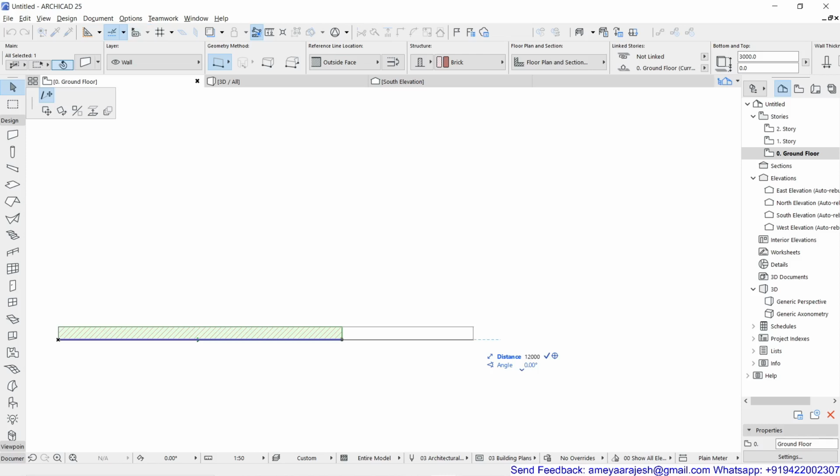Remember, it's a final length, not additional, or what you can say difference, nothing like that. You're just going to type the required length, because I'm expecting that same segment should be of total length of so and so distance or value, and the angle, that is the orientation of the wall. So I'm not changing the orientation of the wall, I'm just changing the length of the wall.